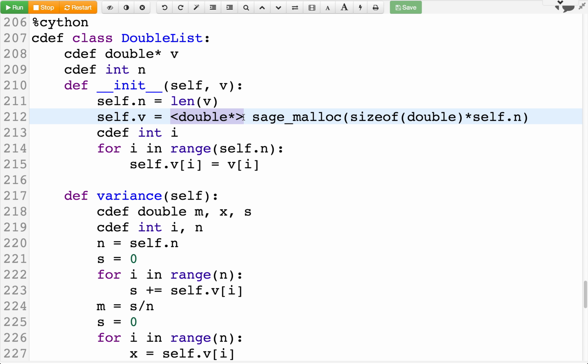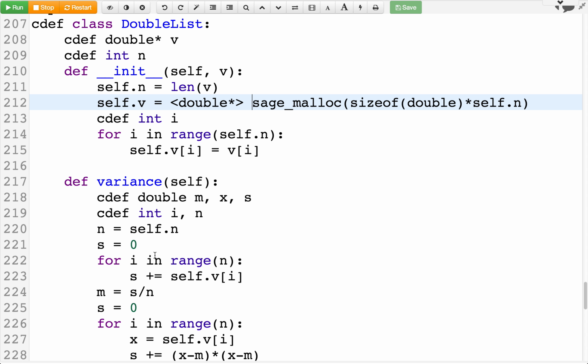That's the casting in C. In Cython, that's too ambiguous relative to how Python works, so instead you use angle brackets. But otherwise, that's exactly converted to the normal C casting. And that's necessary. Otherwise, malloc gives you back a void star, and self.v is a double star, so you can't do that assignment in C. Okay, so that makes it so that our data is an array of doubles instead of just a Python object.